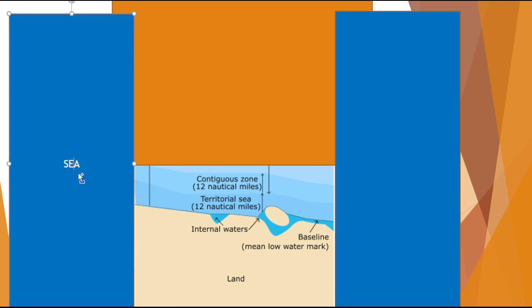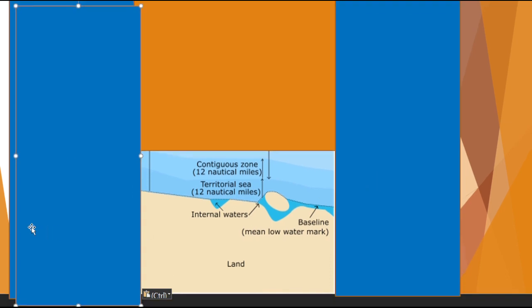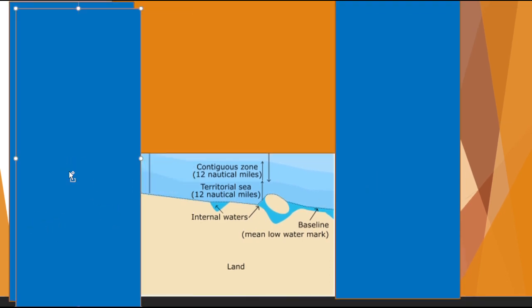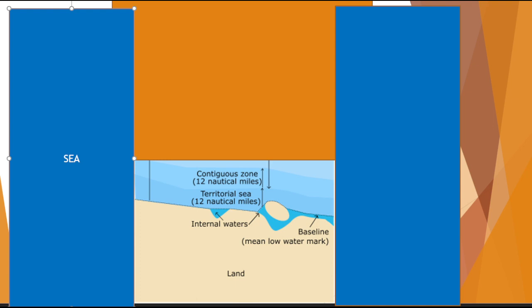In that case, this becomes a strait, and for a strait, this is a strait in this context, and for this to be applicable, this conducts the passage